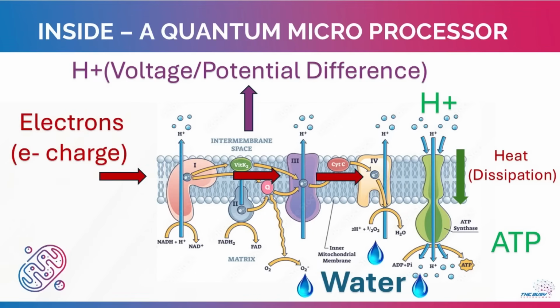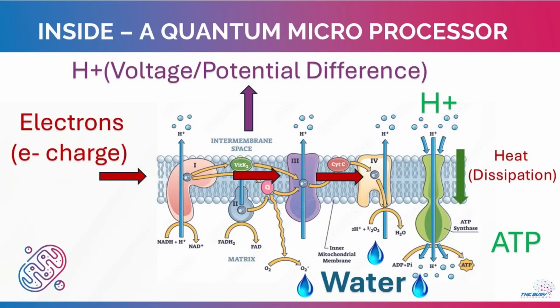Then in the electron transport chain, the electrons, or we can call them a negative charge or an electric field, travel down these complexes. And as they do this, H plus, or a proton, is pushed up into the intermembrane space. So this creates a potential difference. As I said, as soon as there's a potential difference, biology is very keen to dissipate this energy, and it just goes on and on, doing this dissipation of heat or energy or creating order, which is things. So we can create water in the mitochondria. Then, of course, we create ATP. And separate to the electron transport chain, the mitochondria make other things. Of course, then CO2 is produced as well.